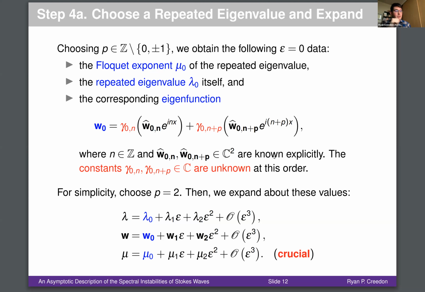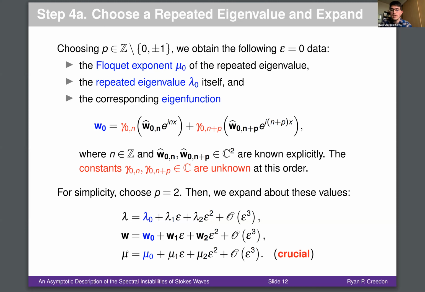And it also comes from the long-standing principle that you should always follow with perturbation methods, which is to try the simplest thing possible first, which is a power series expansion, and hope that you get something that is self-consistent versus having to make your life complicated initially by changing what these gauge functions are and then figuring out what they are later. So really, when we did these expansions, we were led by numerics and trying the simplest thing possible. And luckily for us, we're going to find that these expansions actually work, and not only do they work, they work exceptionally well when you compare them to numerical experiments. So that's what we're going to do. We're going to take this eigenvalue, this eigenfunction, and importantly, this Floquet exponent, and expand it as a power series